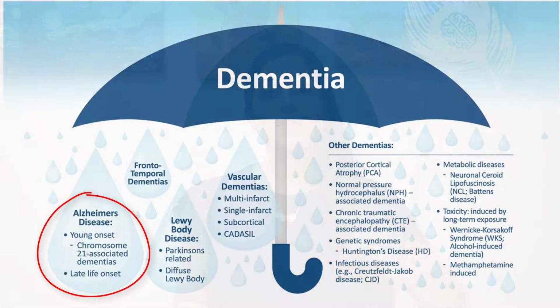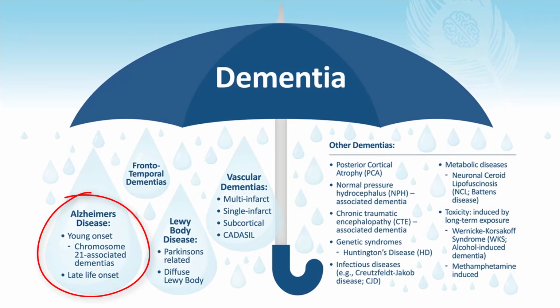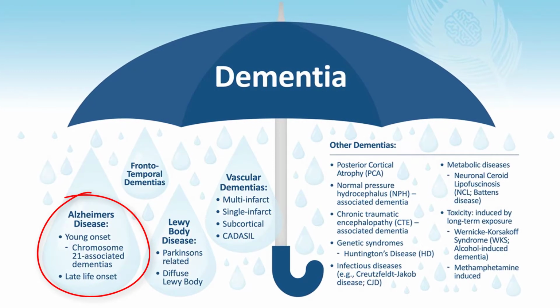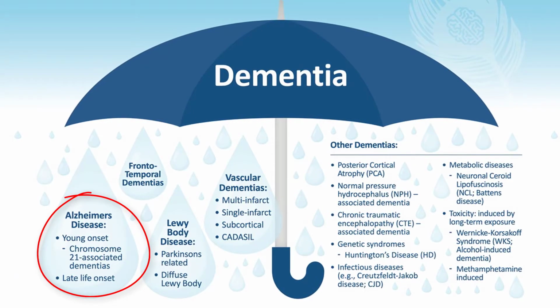So let's talk a little bit about Alzheimer's. Alzheimer's dementia is usually broken up into two separate categories. You have the early onset, which is when people start to develop symptoms before the age of 65. Then we have late onset Alzheimer's, where people start to develop symptoms usually after the age of 65. We'll talk mostly about Alzheimer's throughout this series because I think most people have been diagnosed, or have a loved one or know of someone who's been diagnosed with Alzheimer's. So that's going to be the primary focus.